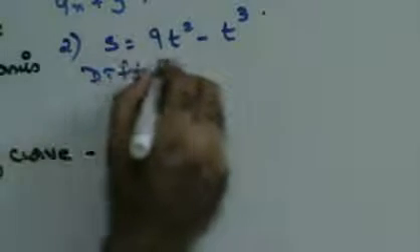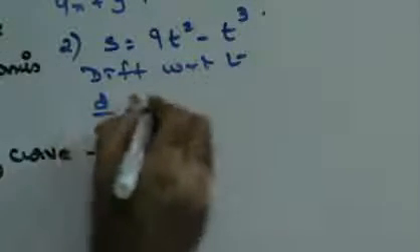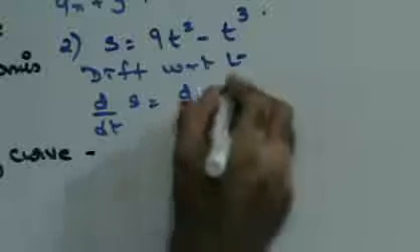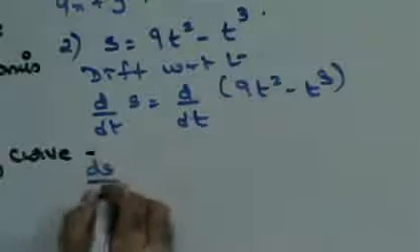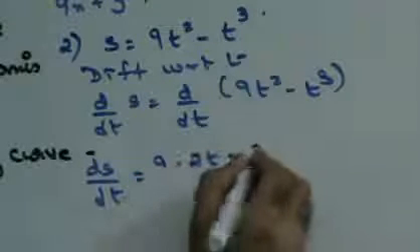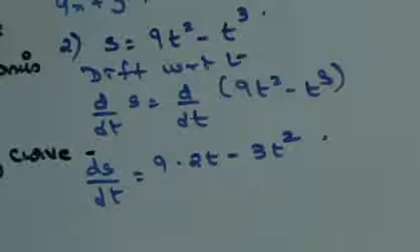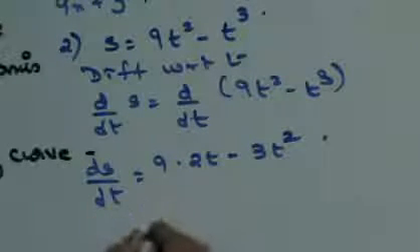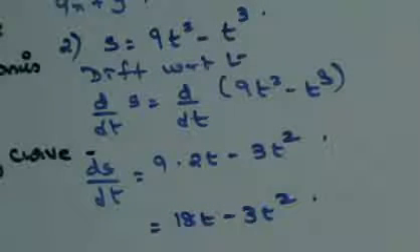Fine. Now let's see this. First I'll differentiate with respect to t. So I'll get d by dt of s is nothing but d by dt of 9t square minus t cube. So I'll get ds by dt is 9, t square differentiates to 2t, t cube differentiates to 3t square. So in that case this can be written as 18t minus 3t square. Right? Once you have this, next they have asked you to find out